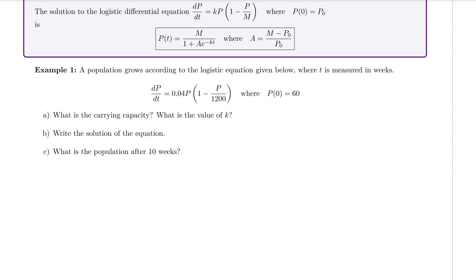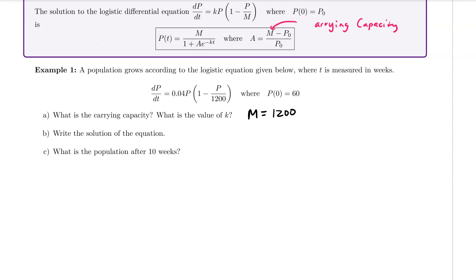So remember from our equation above, M is our carrying capacity. And that basically just represents the limit. So notice that if you were to take the limit as t went to infinity of P of t, this term right here goes to 0. So you're left with M over 1 plus 0, which is just equal to M. So that's what the carrying capacity is, it's basically the limit of the population function as time goes on. So in this particular example, part A, our carrying capacity is 1200